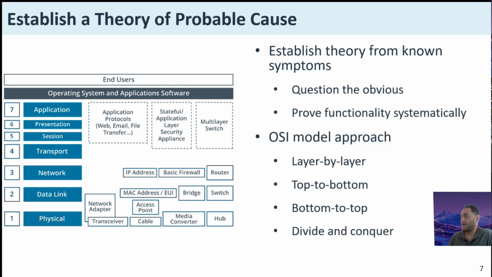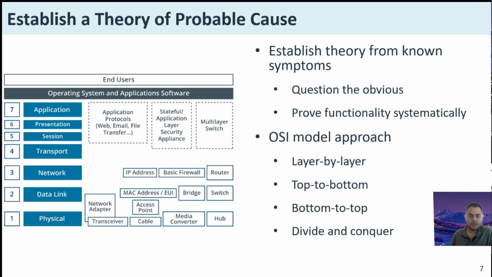Establishing a theory of probable cause. If you obtain accurate answers to your initial questions, you will have determined the severity of the problem, how many users are affected. And of course, here we have a model of probable cause. A rough idea of where to look, workstation or server, and whether to look for recent change over an oversight